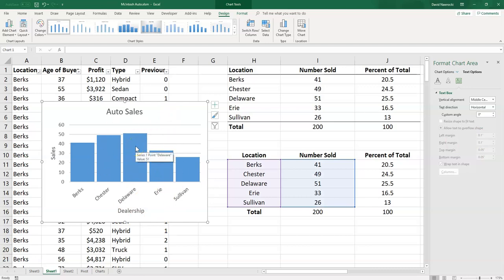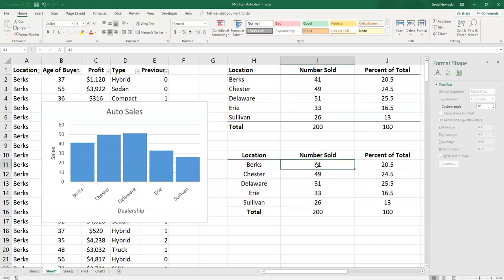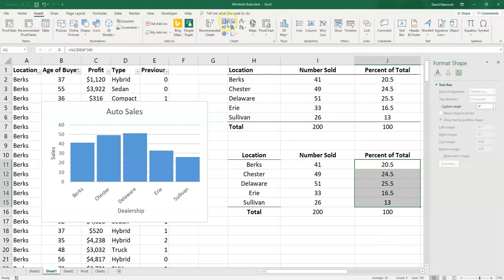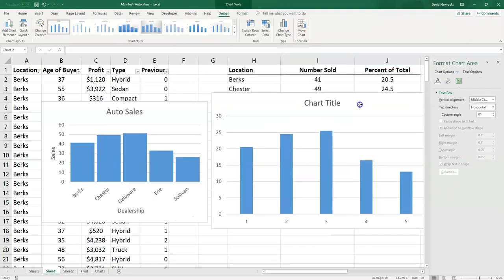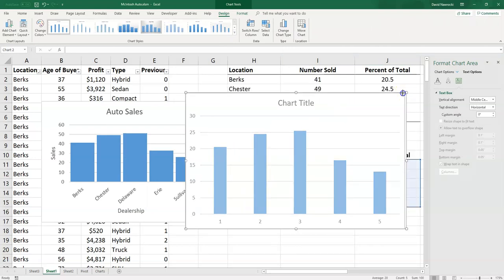That's a very nice bar chart that gives us a graphical representation for the number of sales made by each dealership. We can also create a relative frequency bar chart if, instead of using the number sold, we use the percents right here. And you'll notice that the bar chart will look exactly the same. So if we highlight the percents right here, and then go up to Insert, and we go over to our little histogram icon right here, you see this chart right here, if I resize it,